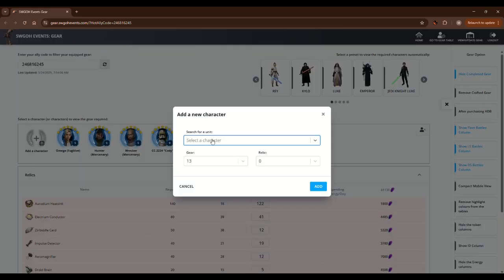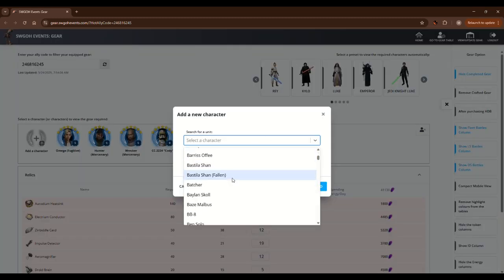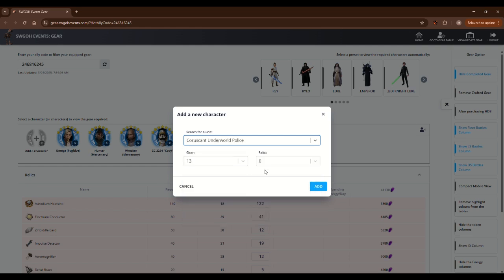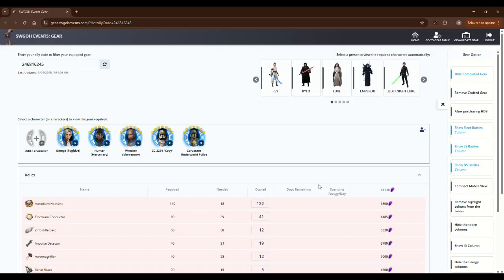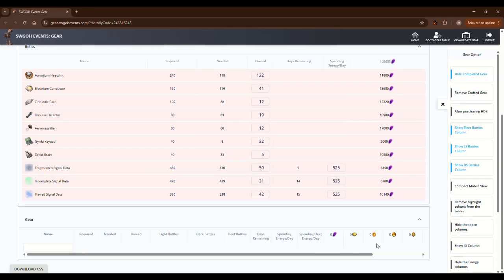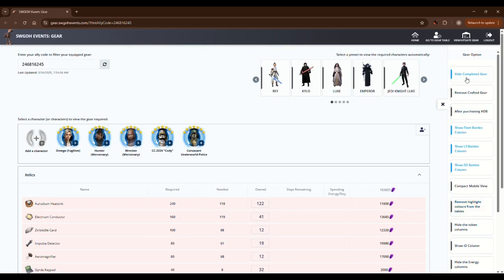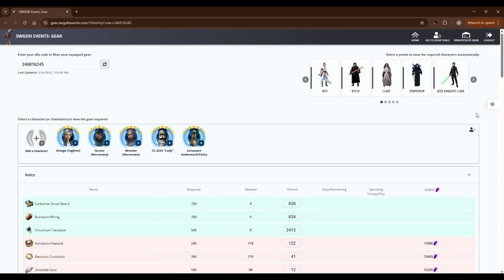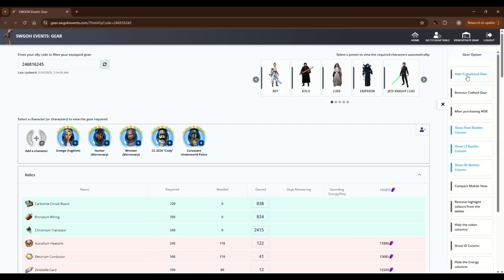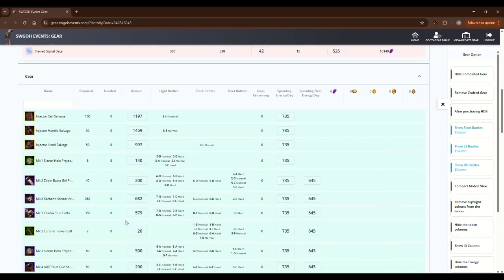Yeah. So it'll allow you, it'll show you basically, you can load as many characters as you want in here, and it'll just keep compounding. So there's a bunch of filters on the side here. So you hit this gear, and it'll basically show you. So like,